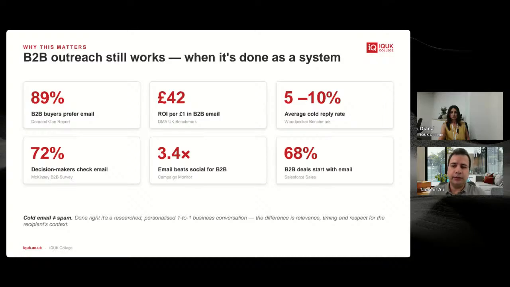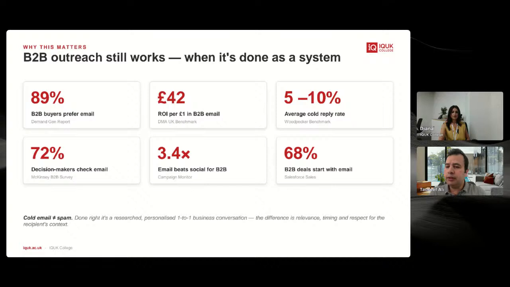B2B marketing is a very powerful topic, particularly when we look at B2B email marketing. It's something that's used by many businesses, but still many businesses underestimate how powerful it can be. Businesses focus a lot on social media marketing, Google Ads, and all kinds of other channels, but they also sometimes ignore B2B email marketing. This slide shows a few numbers to realize how important and how powerful B2B email marketing can be.